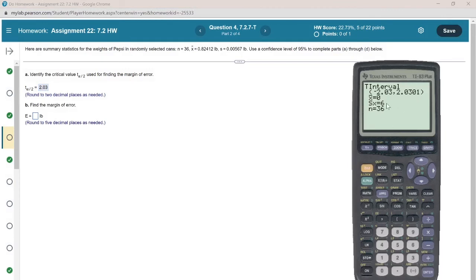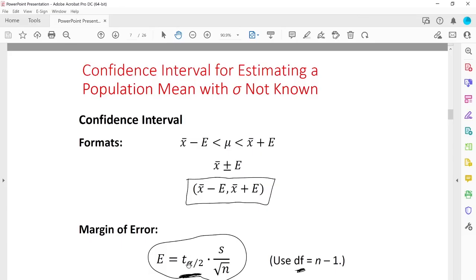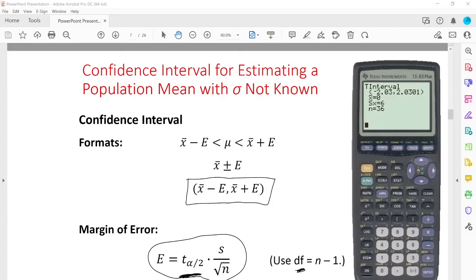But if you have a TI-84 calculator, then you have the invT command, and you can use that command for finding the t-score. So now find the margin of error. This is the formula for margin of error. Multiply this t-score by the standard deviation for the sample and divide it by the square root of n. In our case,